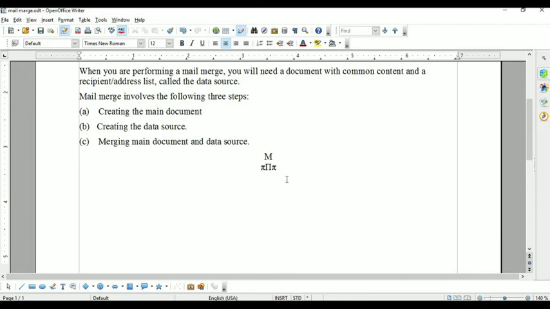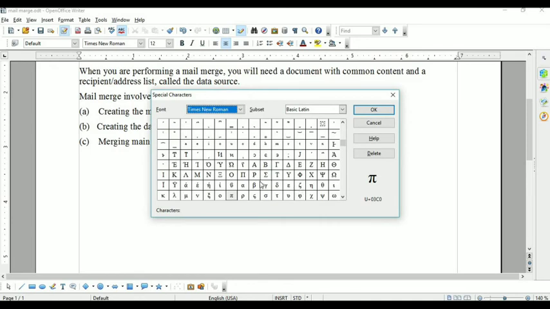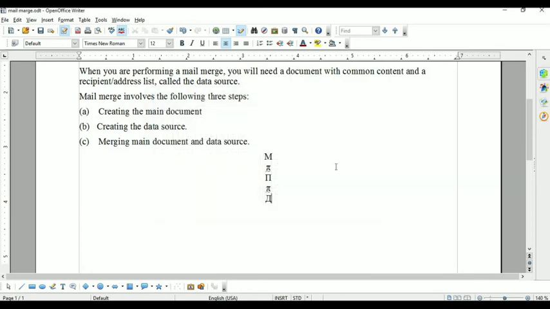Clear? I clicked 3 times, so 3 different pi's appeared. Or if you want to insert something else, you can insert it again from the special character option. Clear? These types of symbols are not given on the keyboard. Is it okay?